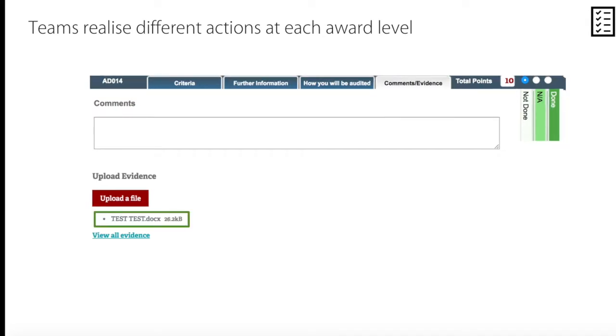And I've done an example for you. So just a test document. This is just a normal Word document that can be uploaded as a file. Pictures can be uploaded. And this is so that when the auditors come around, they can see what the teams have already done. And it offers you a good opportunity as the Green Impact Delivery team to see how far